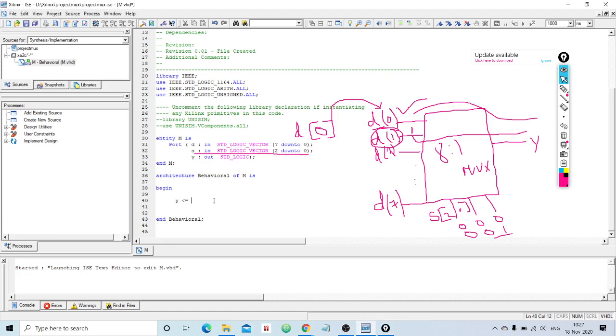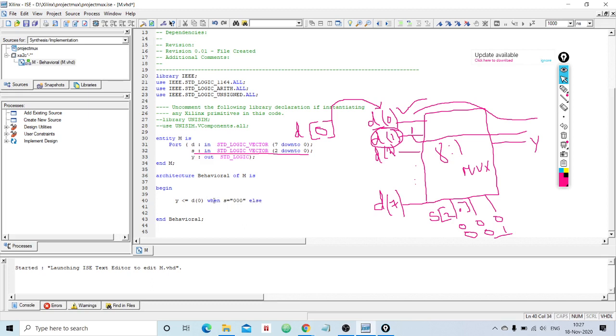See here, y should be assigned d of 0, the data coming at line d of 0, when the selection line has the value 000, right?